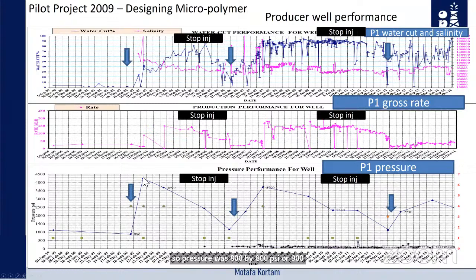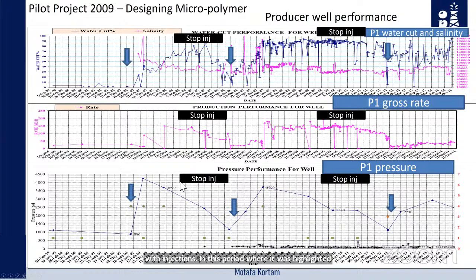After like 6-7 months, the pressure has increased up to 4,000 because there is a very confined channel. The same has been indicated here by the higher water, or the water breakthrough, that nearly happened within 6-7 months. The salinity also became diluted, so it has decreased noticeably, and the water cut has progressed with the injections. In this period noted by stop injection, there is a stopping in the injection